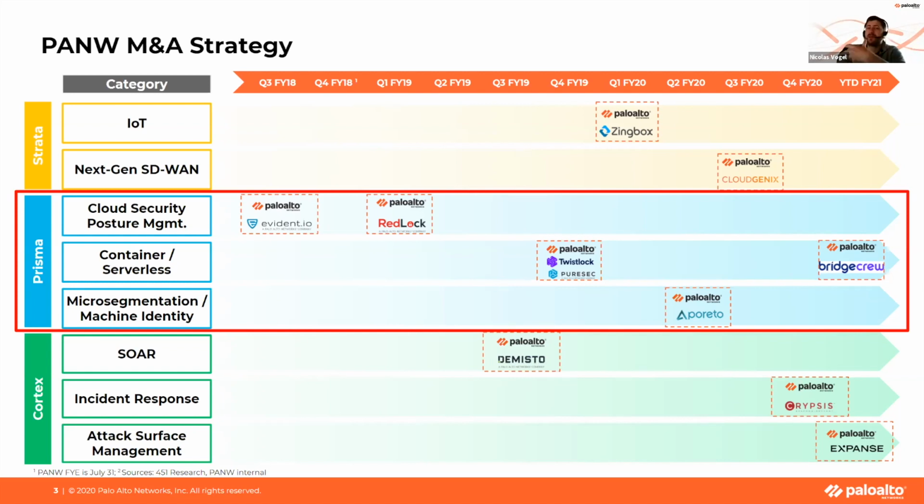We can scan your code. We can find vulnerabilities. We can find stuff that we will give you a warning about, because we will see that those resources are, for example, internet exposed, easily accessible from the outside, and so on. We had some capabilities already in the product, but we want to go further, and that's why we acquired Bridgecrew. And Bridgecrew will really help us to scan, for example, Terraform scripts, what is called infrastructure as code,